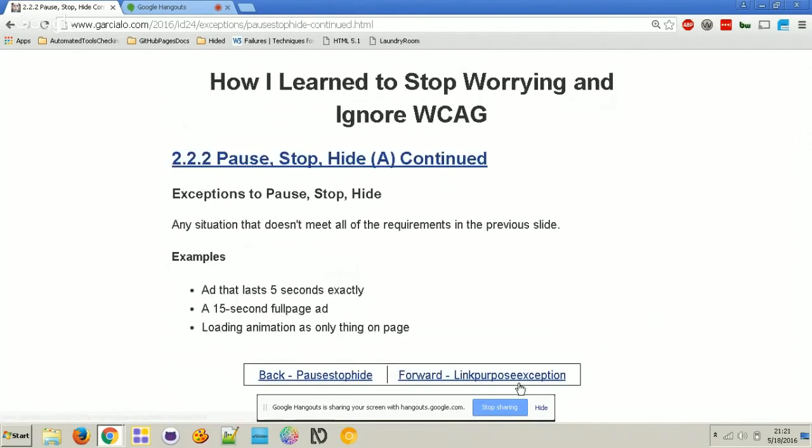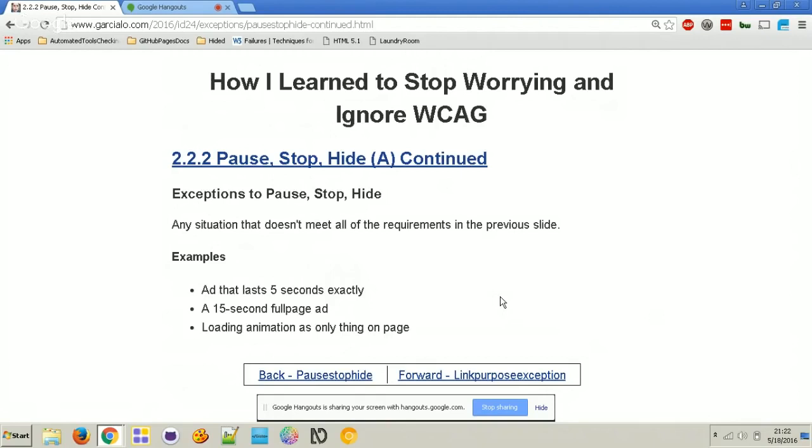So for pause, stop, hide, it's just like any other situation, just like the audio control, where if the situation that you have doesn't meet every single one of the requirements, then the guideline doesn't apply. For example, if you have an advertisement that lasts exactly 5 seconds, or less than 5 seconds, then it's exempt from the guideline because it doesn't last longer than 5 seconds.